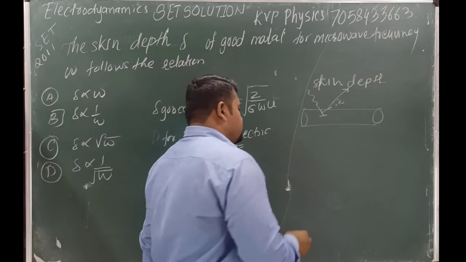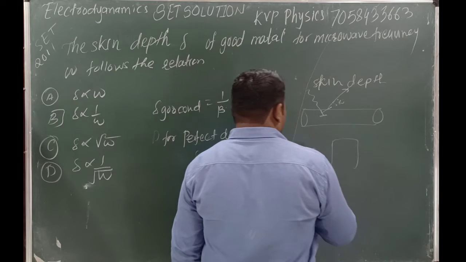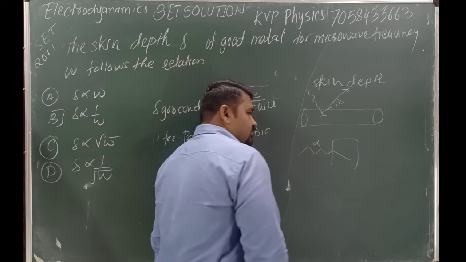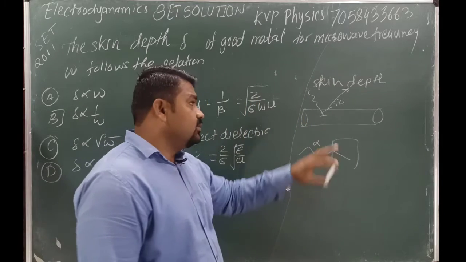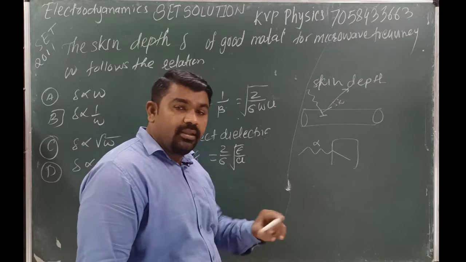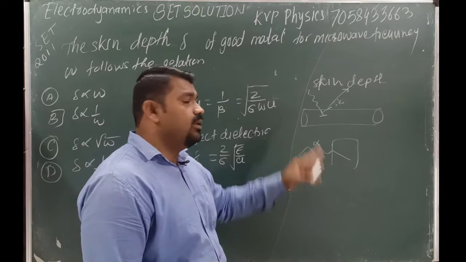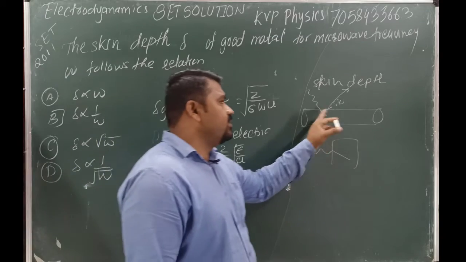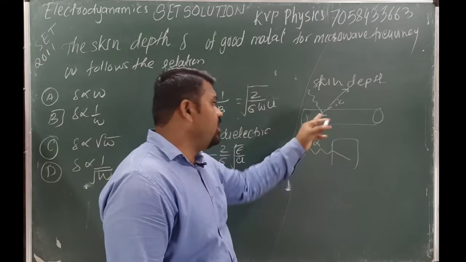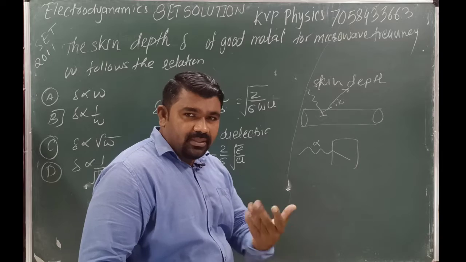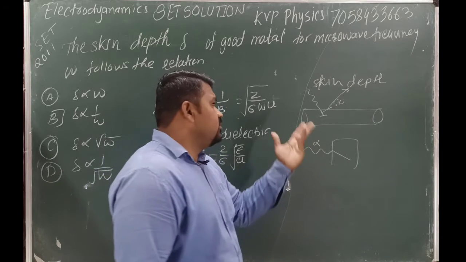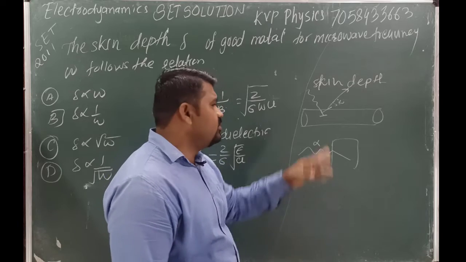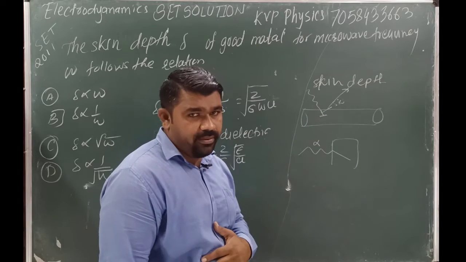Like that, suppose this one is a barrier, and we insert an alpha particle here. How much distance will it travel in this case? This is known as skin depth. Suppose the amplitude of the wave will decrease. At the end of the skin depth, the electric field of the EM wave, what is the value at that point? This is equal to 0. Yes or no? This one is the end point for this wave.